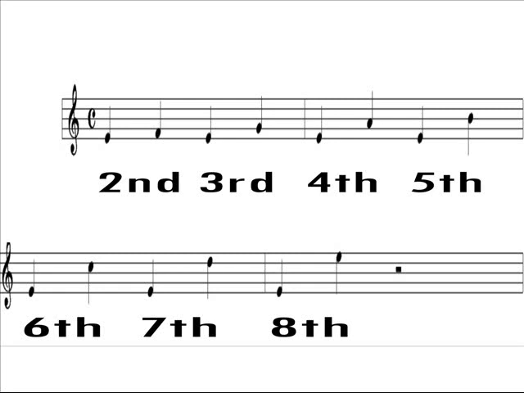Even numbers, 2, 4, 6, and 8, will show both notes with one being on a line and the other in a space. Odd numbers, 3, 5, and 7, will show up as both notes being on lines or both notes being in spaces. Learn to use the up and down visual aspect of notes on the staff, recognize the